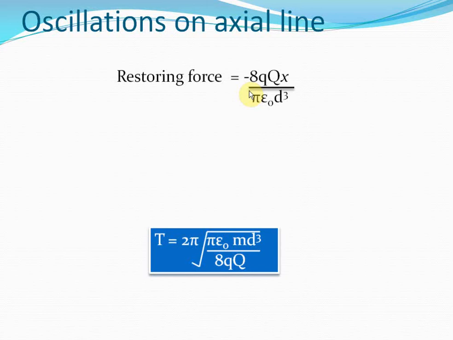So when you substitute this expression here by omega square, and then the time period becomes 2 pi by omega. When you use these simple harmonic formulae, you can obtain the time period of small oscillations along the axial line. Understood? Again, there was no hi-fi fundamental involved in this case. All we did was simply calculate the force on a charged particle when it is placed between two other positive charges. That's all we did.